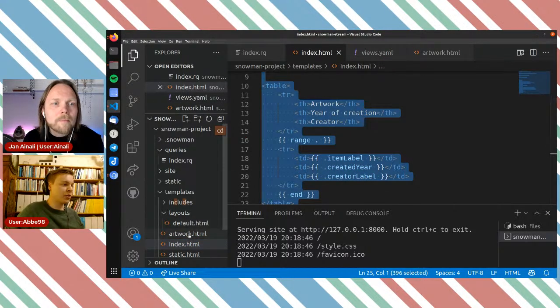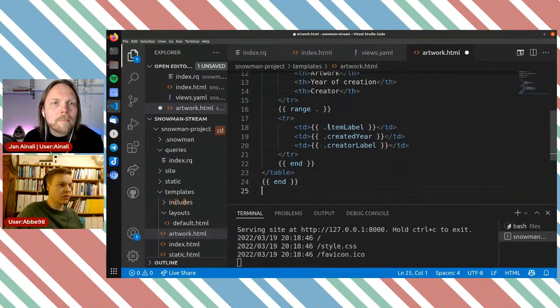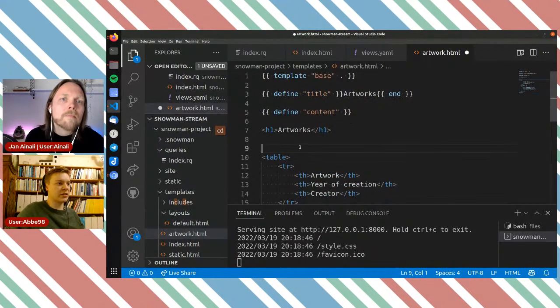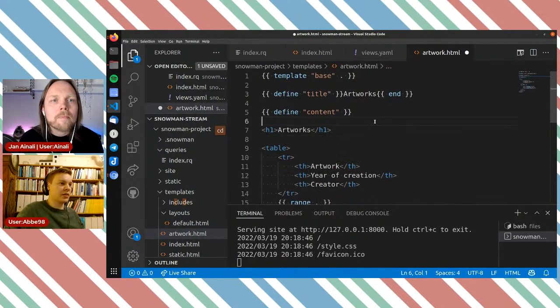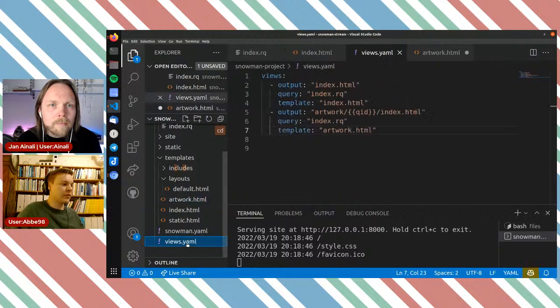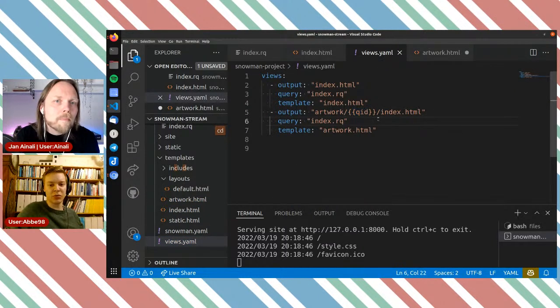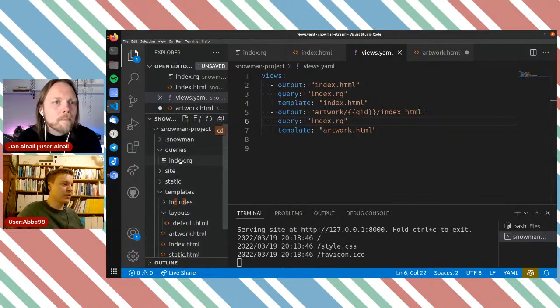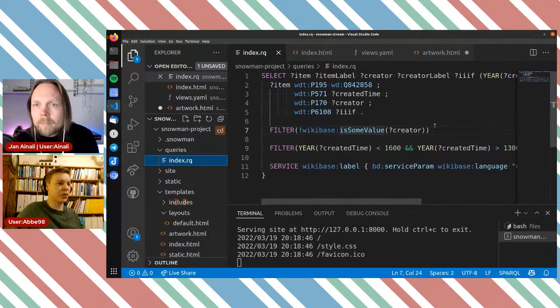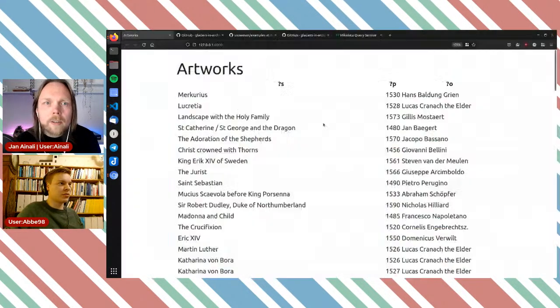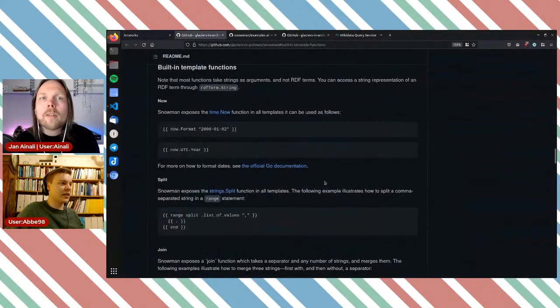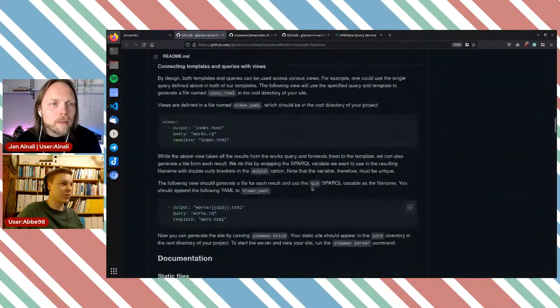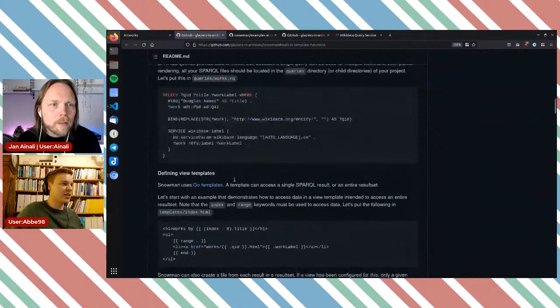And I'm going to be a little bit lazy. I'm going to copy the part from the index.html and put it in here because it contains things like using the layout. But what we now did in the views means that we need a QID variable, which we can use here. And I don't think our query returns one of those. Not yet. I happen to believe that there is an example in the documentation which actually uses Wikidata.